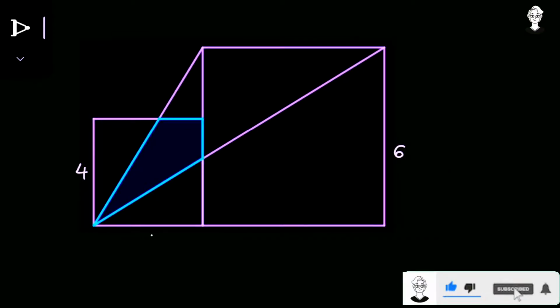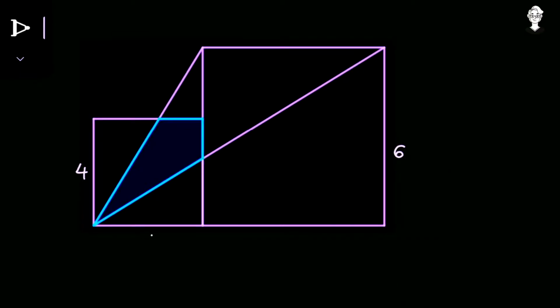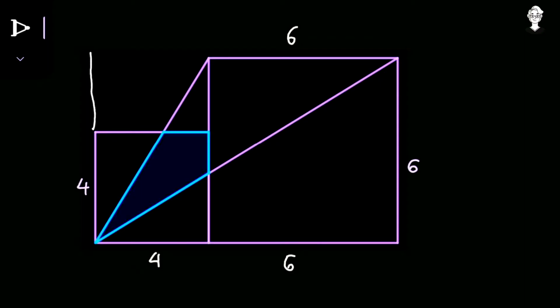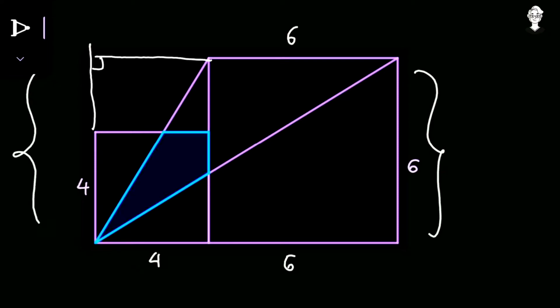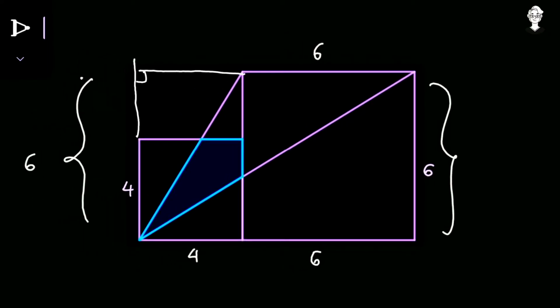So first of all, as it has been given that these two figures are perfect squares, let us take the data from there. So all the four sides are equal. First of all, this is equal to 4, this equals 6, the top one equals 6, and if I extend this line as a straight line and this line as a straight line, they will also meet at 90 degrees. This complete length is equal to 6, so this complete length is also equal to 6. This much part is already equal to 4, so the remaining is equal to 2.